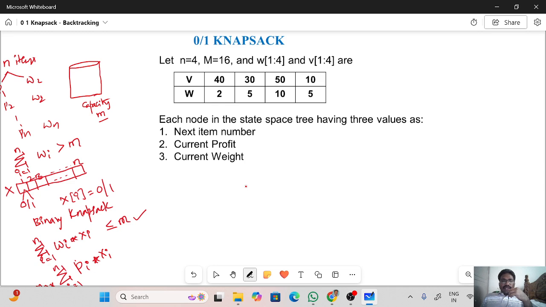So each item we are going to represent in the state space tree in a node. In each node we are going to represent 3 values. One is the next item we are going to consider. Second, the current profit, and third, the current weight. So that means when we are going to create initially,